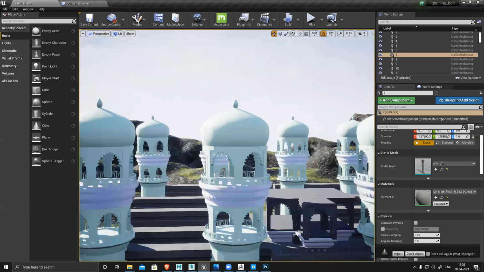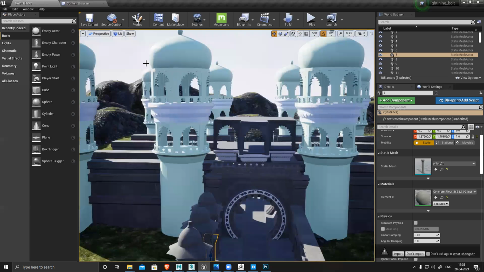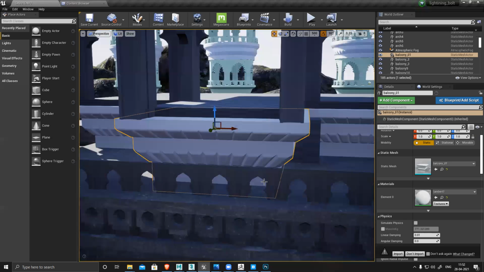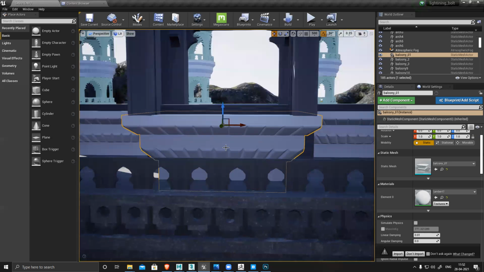Sir, which part could you have baked? Like this thing. All this detail I created in mesh, right? So I could have baked it. I could have baked it easily. This is not a very huge detailing, huge deformation. I can bake it very easily on a plane. Yes, even these circular shapes, I could have baked them. So I kept it in my model so that I have a detailed model.